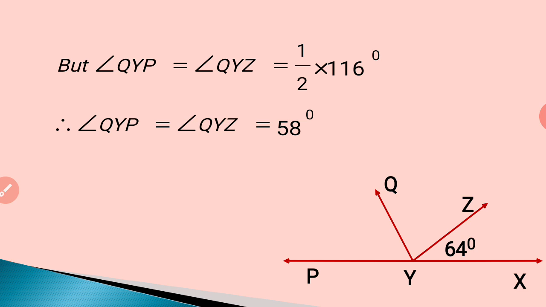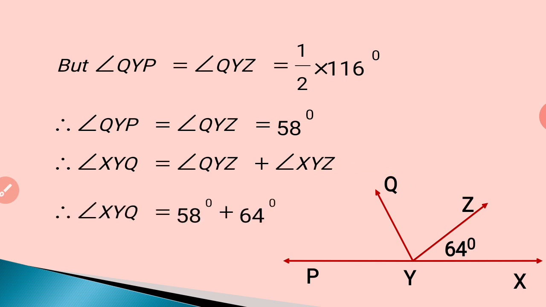Similarly, angle QYP also will be 58 degrees. Now, we are told to find out the measure of angle XYQ, which is the sum of 58 degrees and 64 degrees. So, the total comes out to be